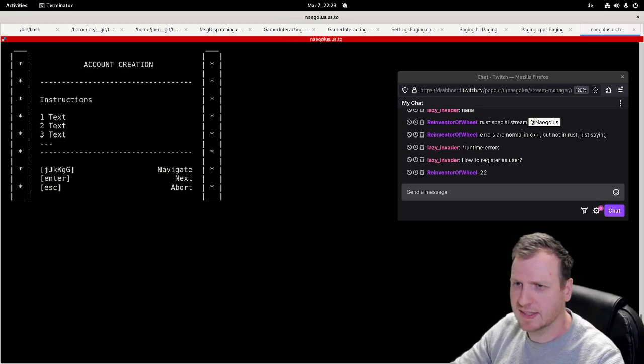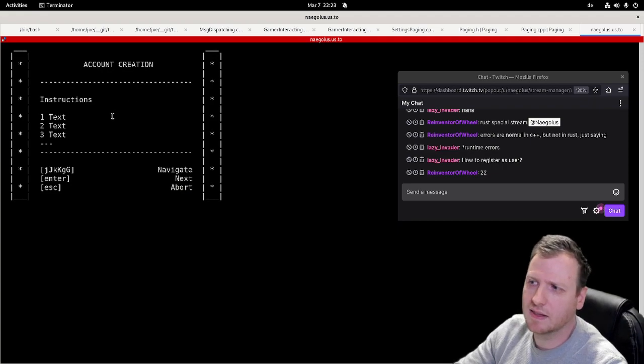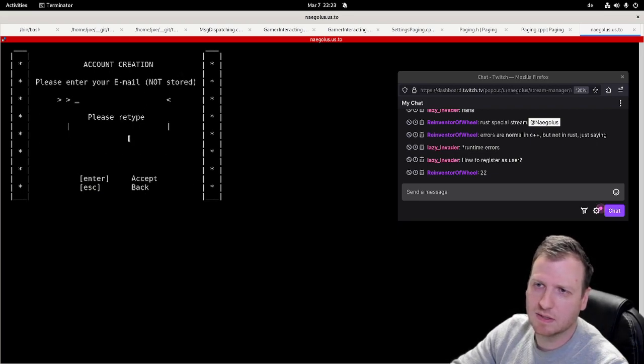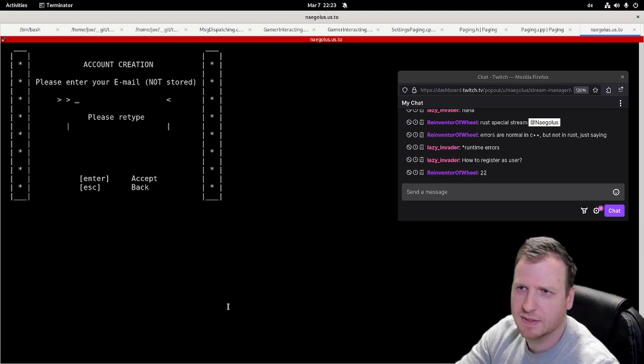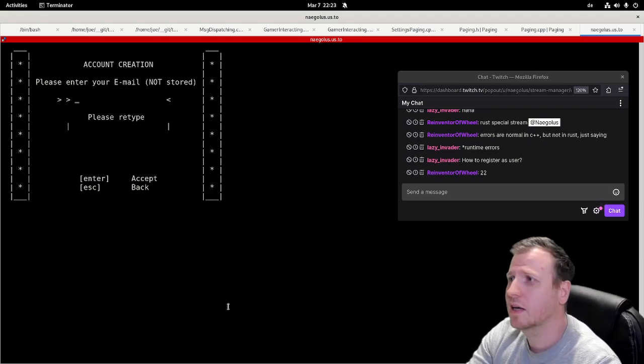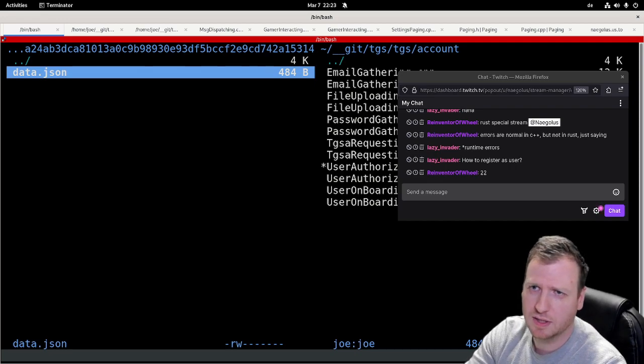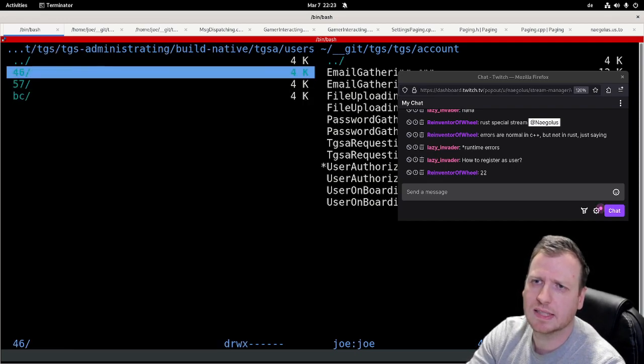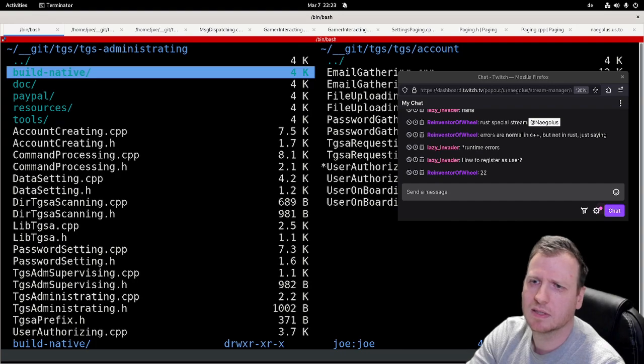And if you press yes, then you're getting the account creation frame. Then you can press enter and enter an email and stuff. Then you get a verification account, but the verification code is disabled at the moment